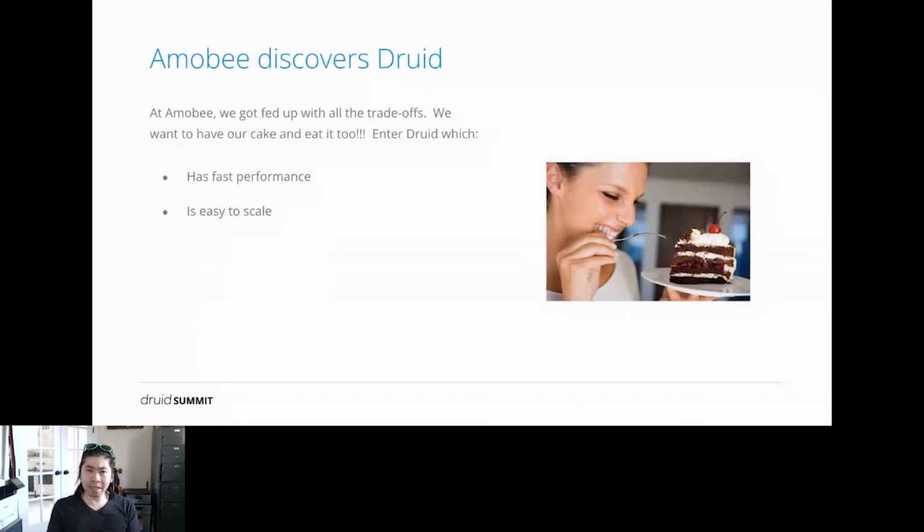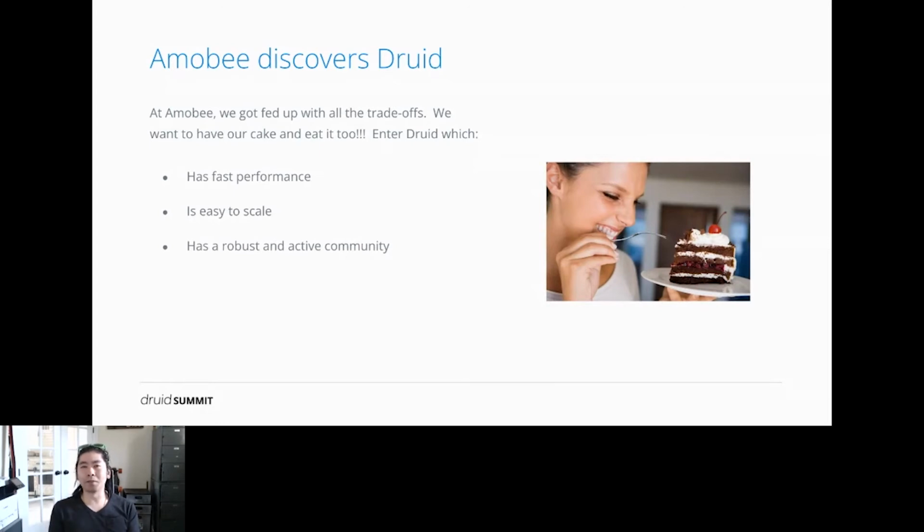As we were doing our research, we noticed that if we need more data volume, we can expand the historical nodes and increase the hard disk space. If we needed to scale up the amount of parallel processing, that's easy to do. Look at expanding the brokers, and so on and so forth. So scaling is straightforward.